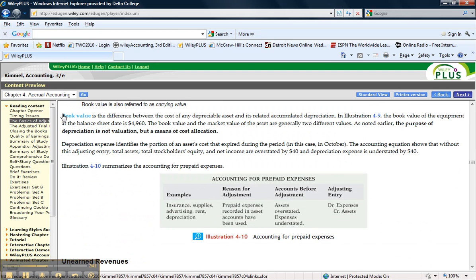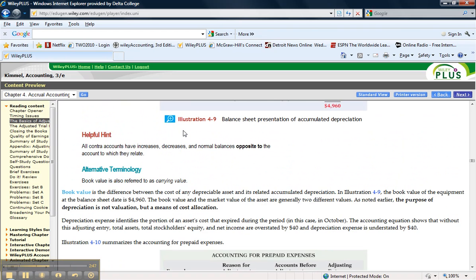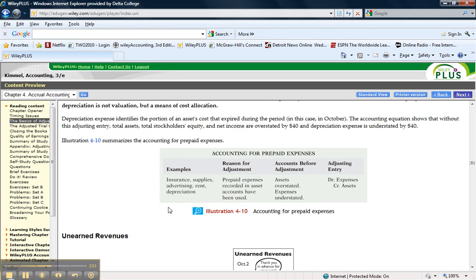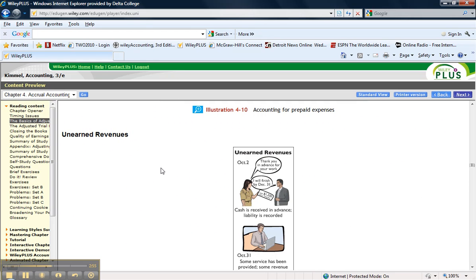Book value. Here's a discussion of book value. This is not what the asset is worth as time goes by. It's simply an amount used to describe how much of that asset has yet to be depreciated or expensed. Unearned revenues are also prepaid adjusting entries, but this is where we're receiving money in advance and then